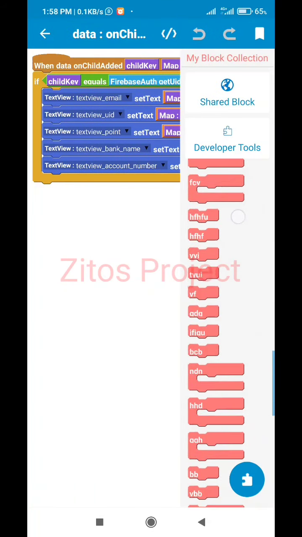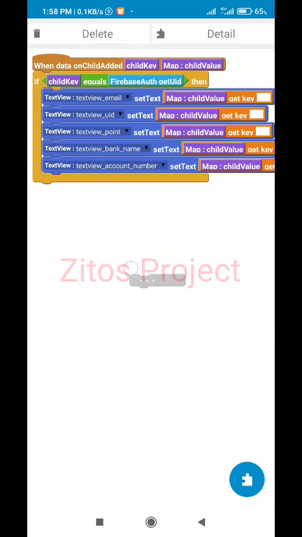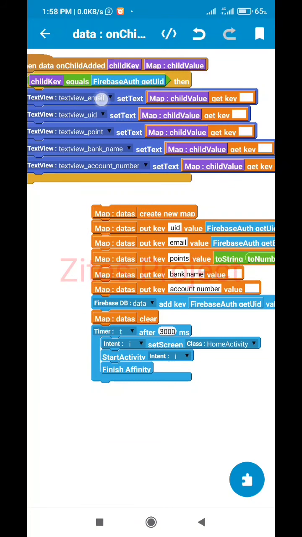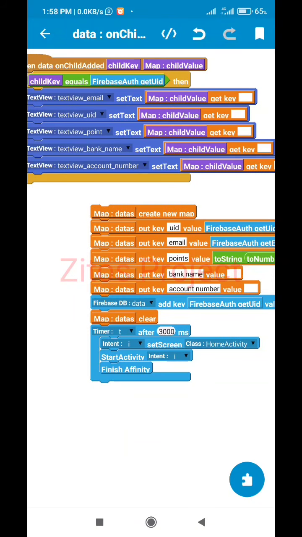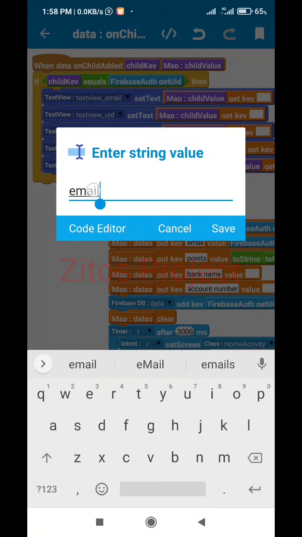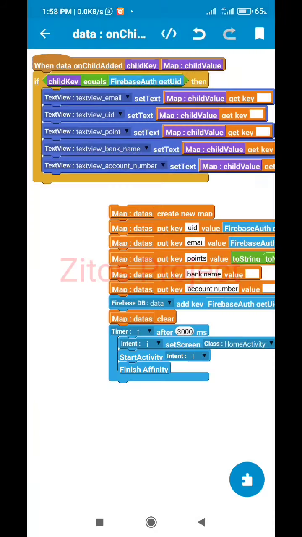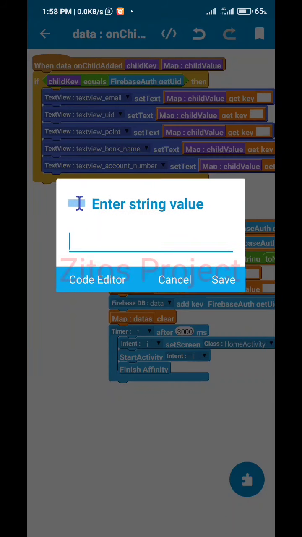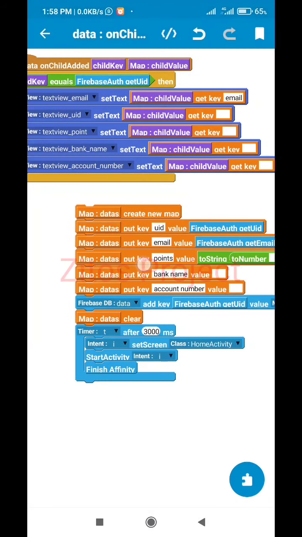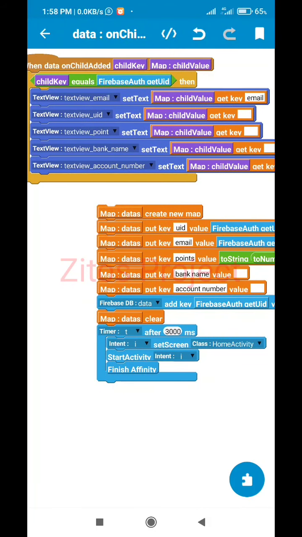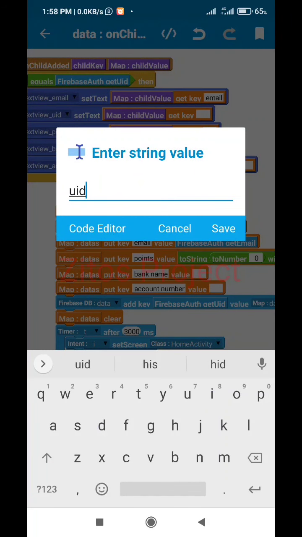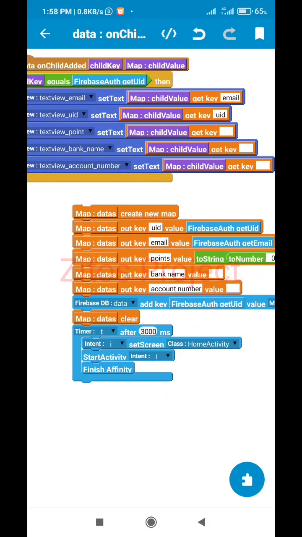So what I'm going to do now, we'll bring this out, right, this block right here. So the text we want it to display our email, we'll type it here, email, right. We'll copy, okay, email, we'll type it here, email. We'll save it, UID, we'll save, points,